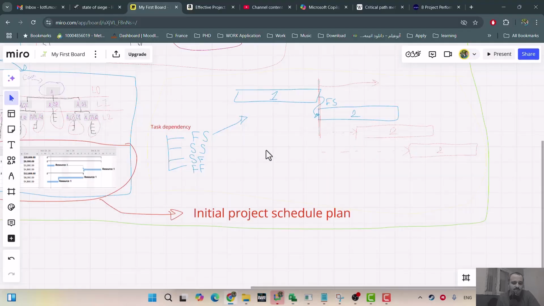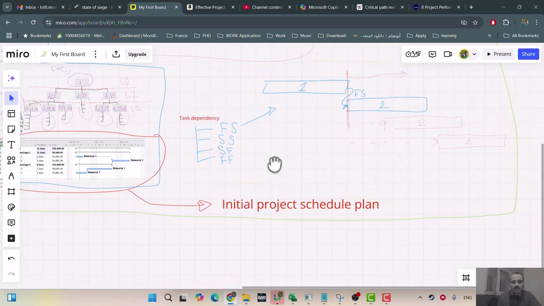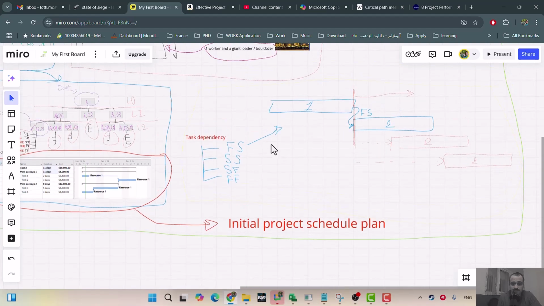You don't need to do it manually. That method is not efficient anymore. You have a computer, you have software, and these tools can handle this part for you. But you need to understand what exactly these links between tasks are, and you need to apply them